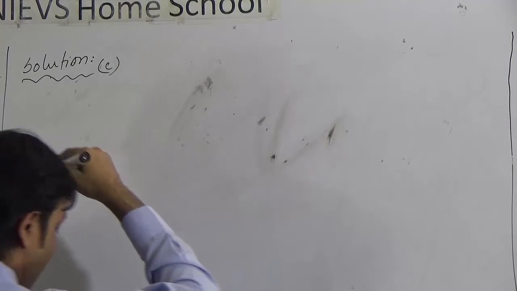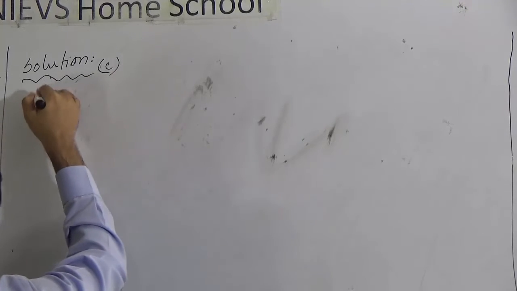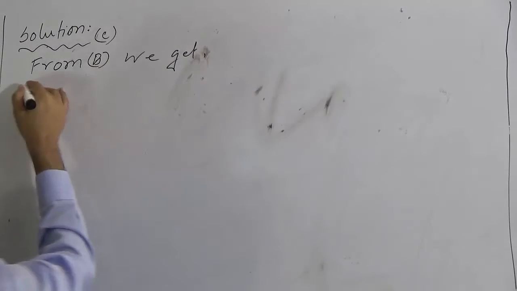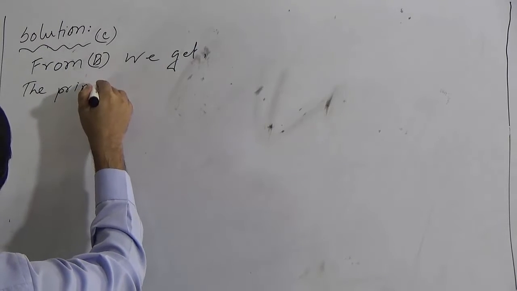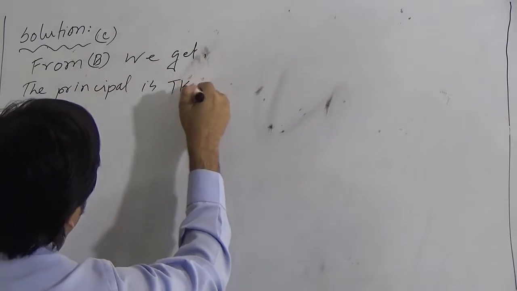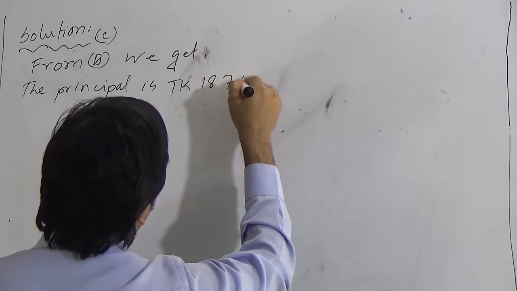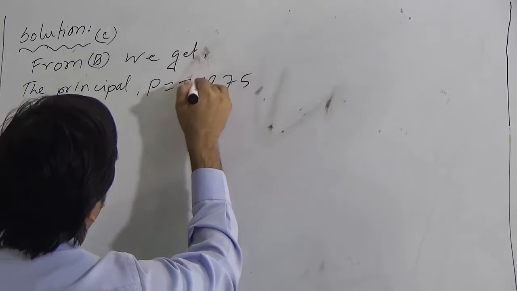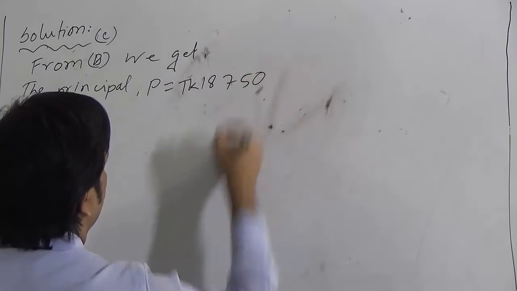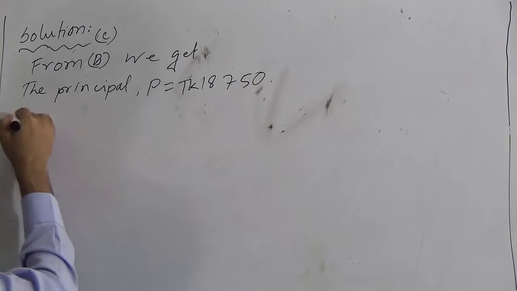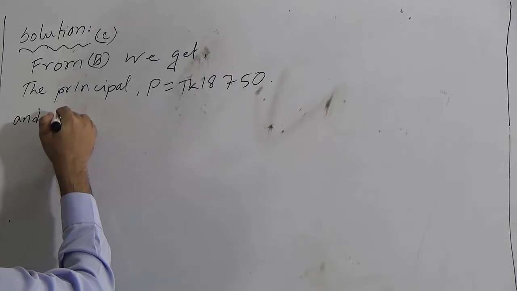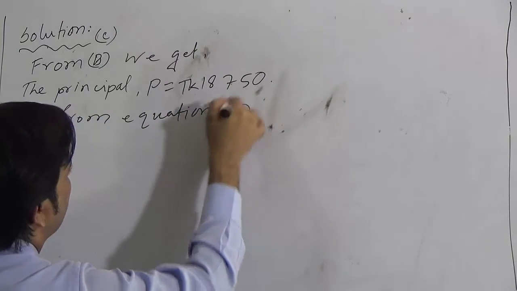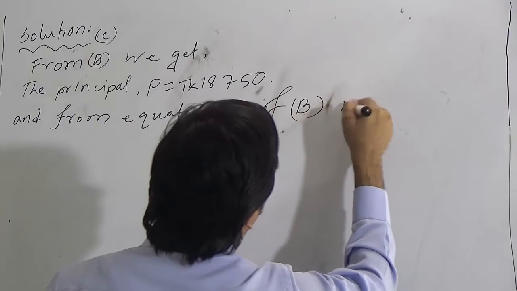For the solution of question C, from B we get the principal is taka 18750, or we can write principal P equal to taka 18,750, and from equation 3 of B we get